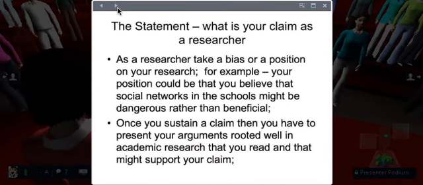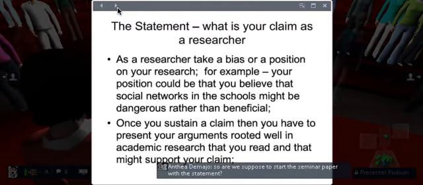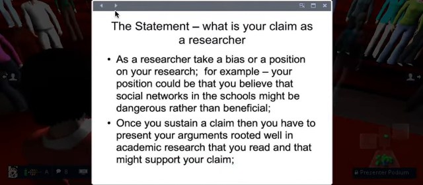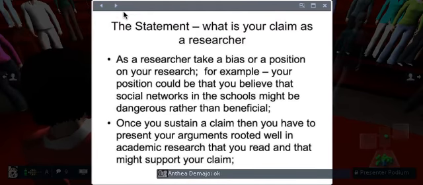The rest of your argument, the rest of your seminar paper is built around this statement. Here you are sustaining, justifying your statement. In this case, you would be required to find projects that either corroborate your statement or else sustain it. Of course, so are we supposed to start the seminar paper? I'll tackle the questions in a short while. So in this case, what you would be doing is building your arguments.